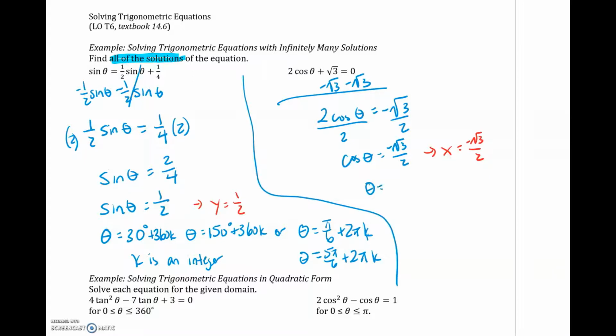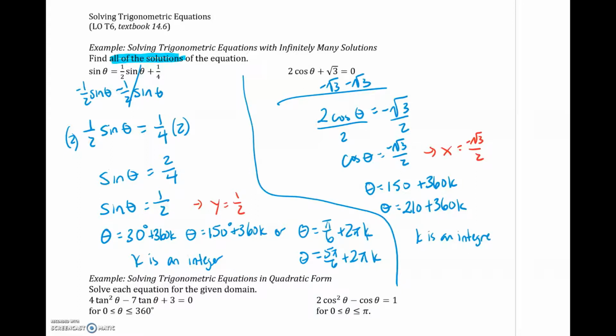So I'm going to find here, let me kind of portion that off. Theta in degrees is 150. And remember, it can go in a full circle again and again, so we're going to add in 360k. Or theta could also be 210. And again, we can go in another full revolution or 2, 3 revolutions, however many you want. So I'm going to add that 360k. So k is an integer,